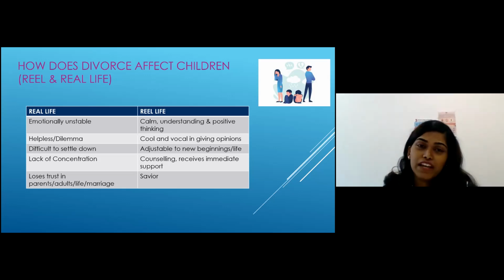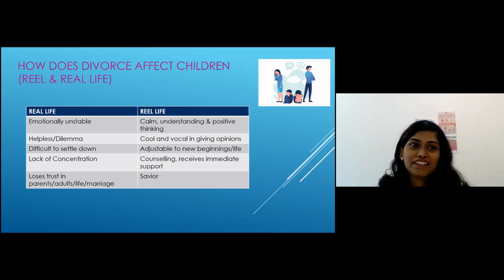So we have to be careful when handling children in regards to divorce, especially when they have to choose whether to live with the mother or father since the parents are undergoing a divorce. It is going to be tricky and hard to tackle, but I think we can overcome this